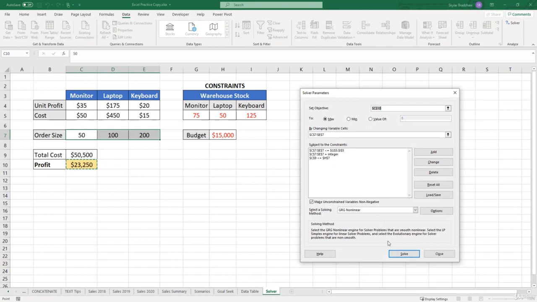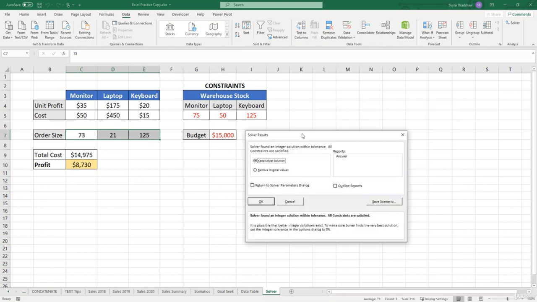And if we click Solve, it says that Solver has found a solution. And the best way to maximize our profit, staying within the warehouse stock and our budget constraint, we need to order 73 monitors, 21 laptops, and 125 keyboards. And this makes our cost $14,975, which is $15 below our budget,